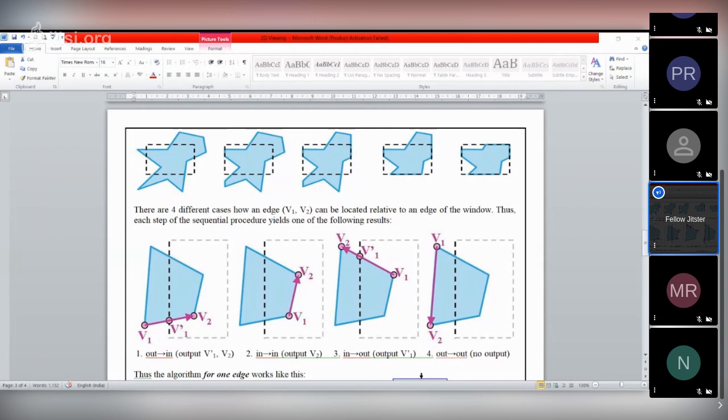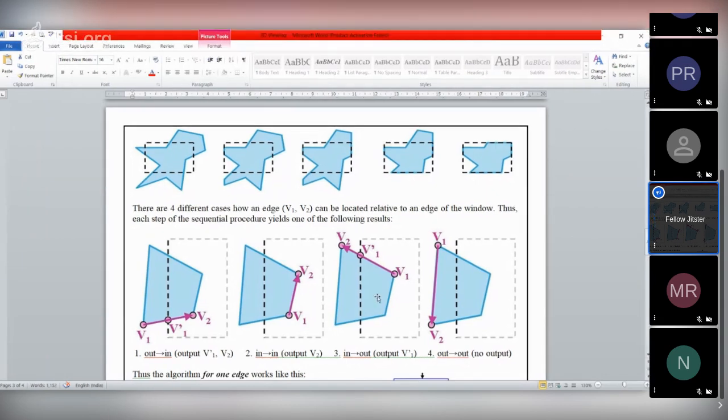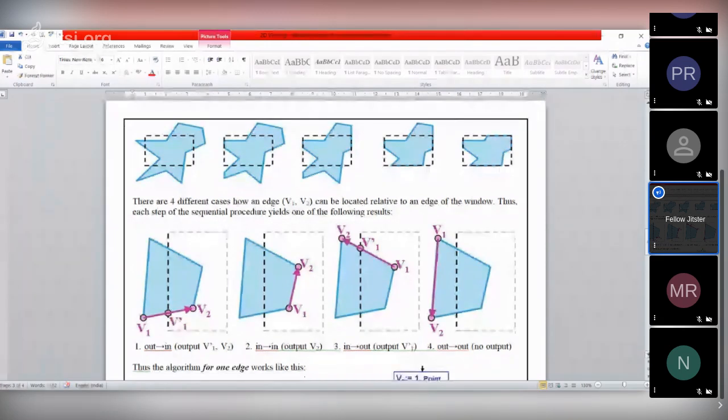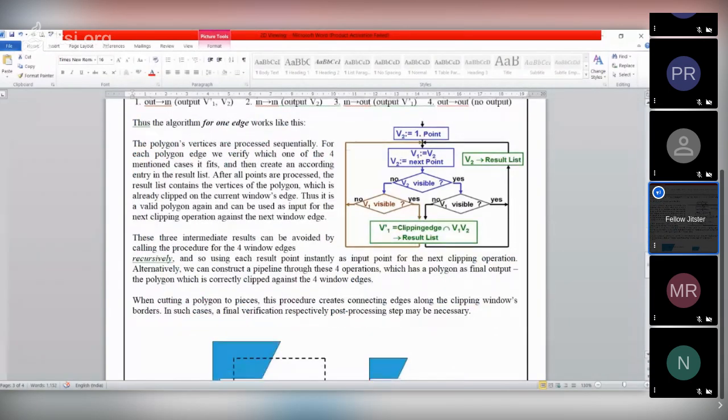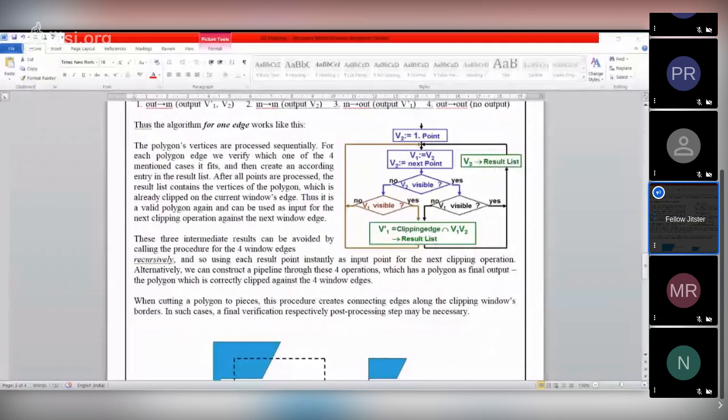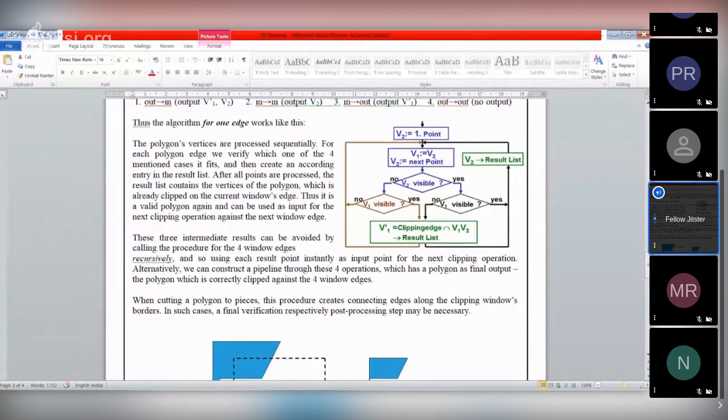Now, how does this algorithm work? Consider the flow chart.